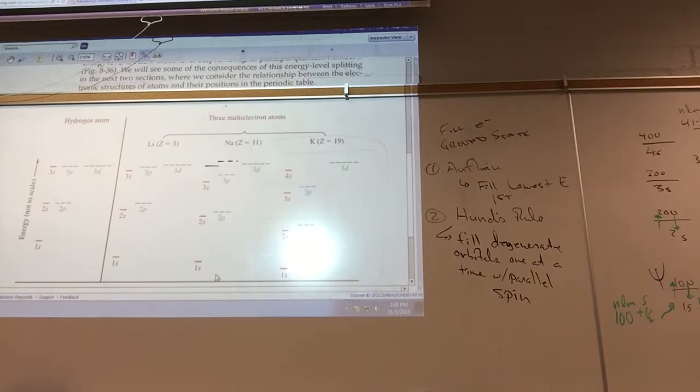And so when I go to nitrogen, I have another electron I got to put in there. And so all these have to be parallel spin. Otherwise, it's what we call an excited state. You know, it's not the most stable configuration. Once I go to nitrogen, I need to go to oxygen, so I got to pair one of these. Which one should I pair? It doesn't matter. People just pair the first one. This would be oxygen, and then